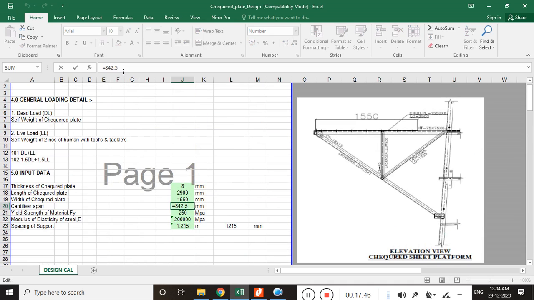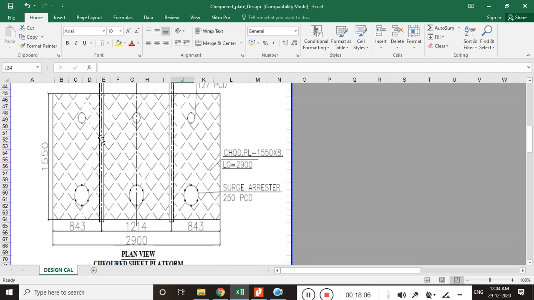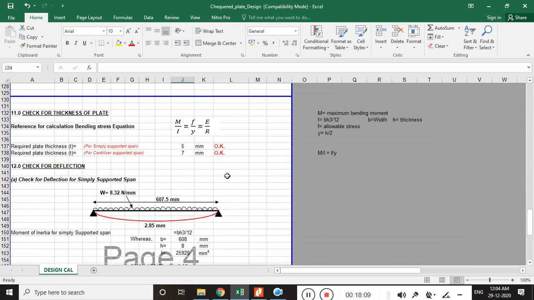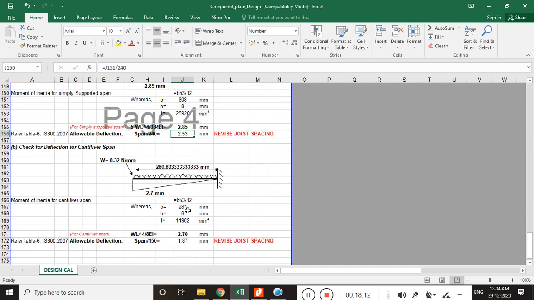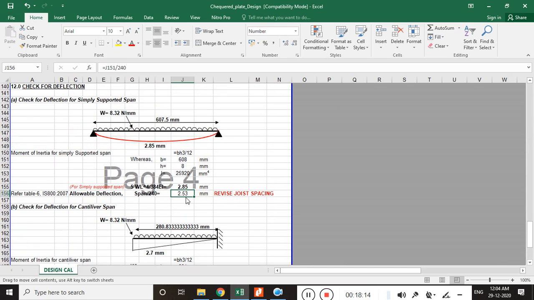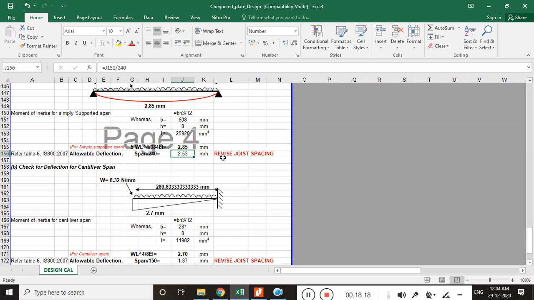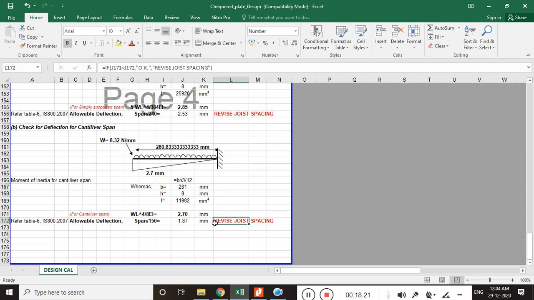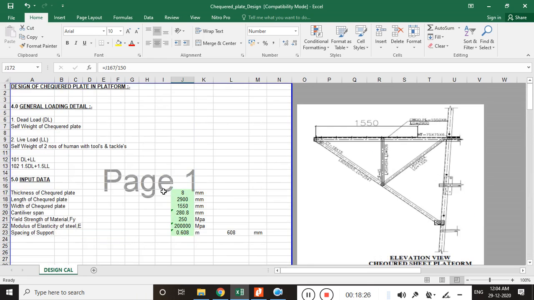So what is the best way? So this is the span. What I will do is divide it into 3 parts for the cantilever span, and for the simply supported span, I will divide it into 2 parts. So now let's check. Okay, still it is failing. In both cases it is still failing, with a very minute value it is failing actually. So what we can do,